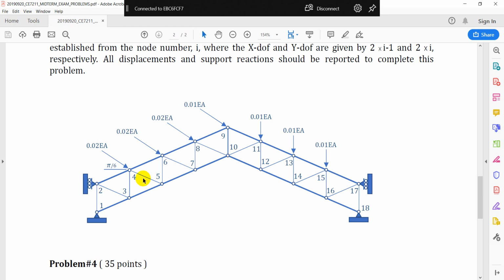Okay, and the angle of the load is pi over 6. You can determine all these angles a little later. So maybe start with